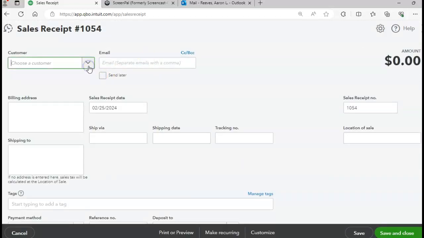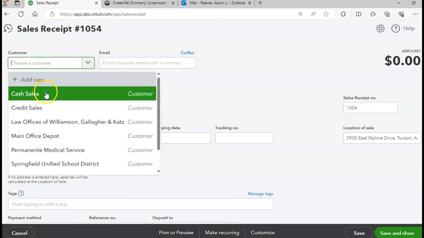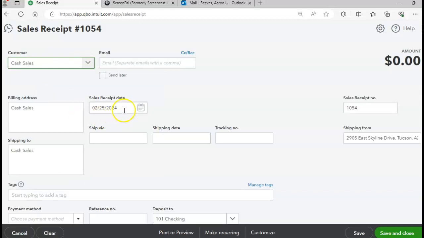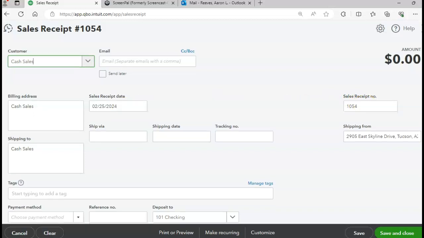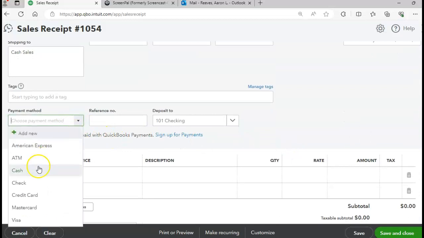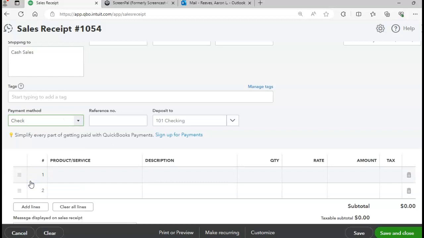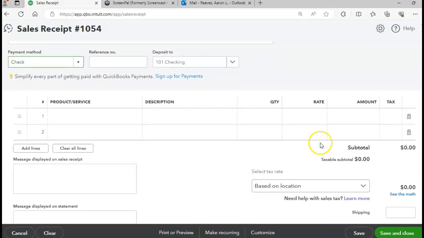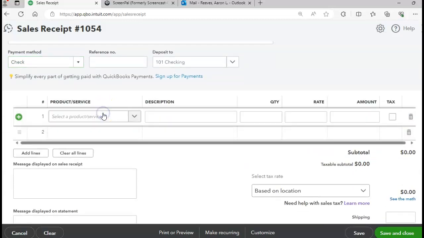So for the customer, I'm going to choose cash sales. The date is going to be 2/25. Sales receipt 1054. Payment method, they paid by check. And again, a check is considered to be cash sales as well from the accounting perspective. And what they ordered was one computer